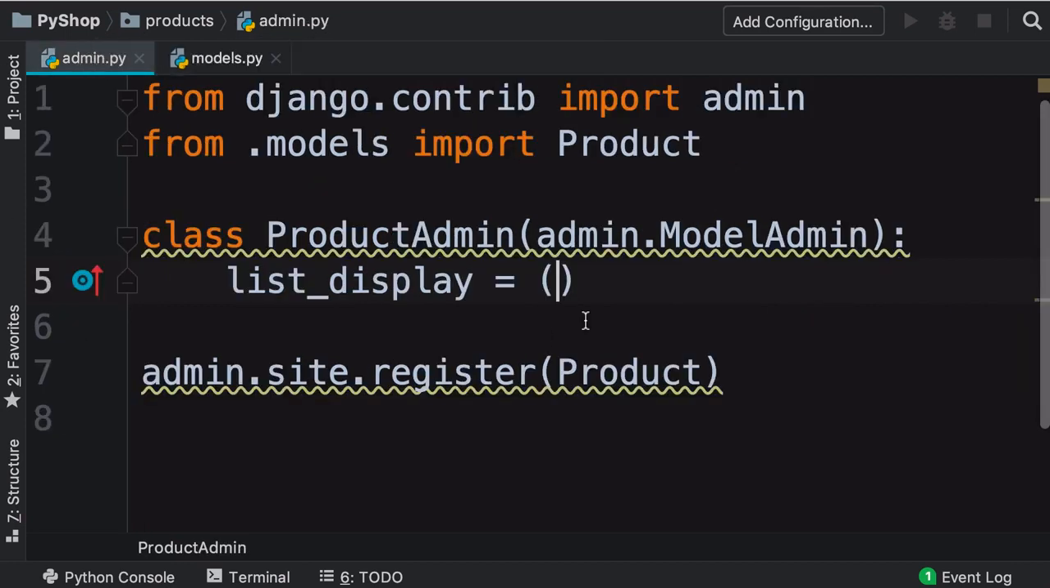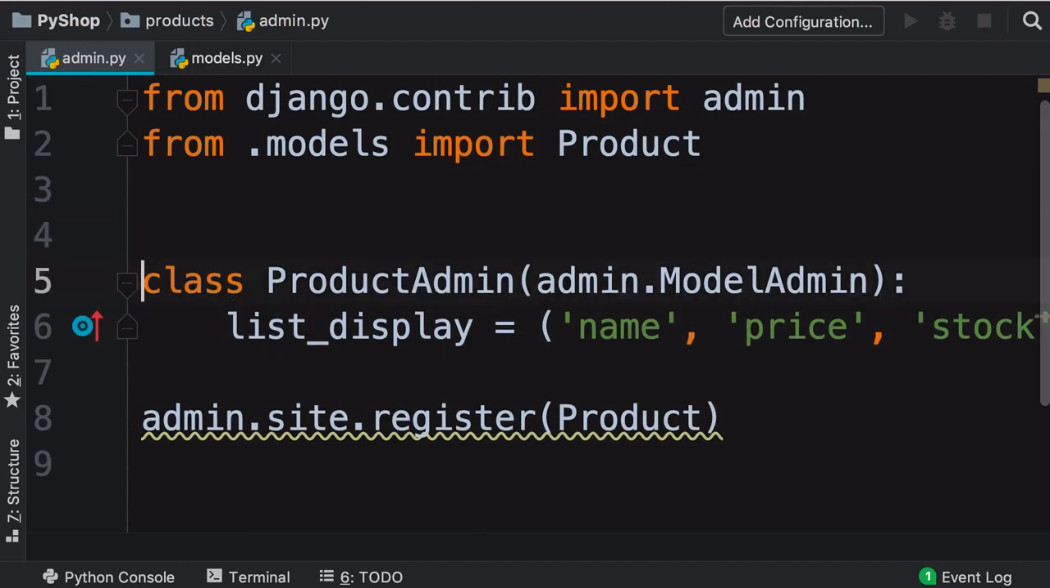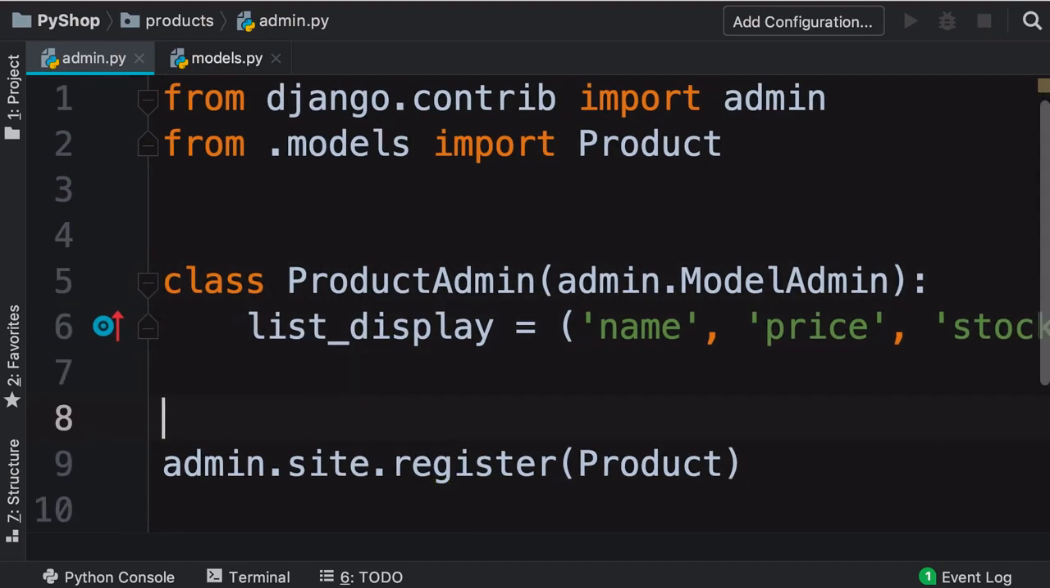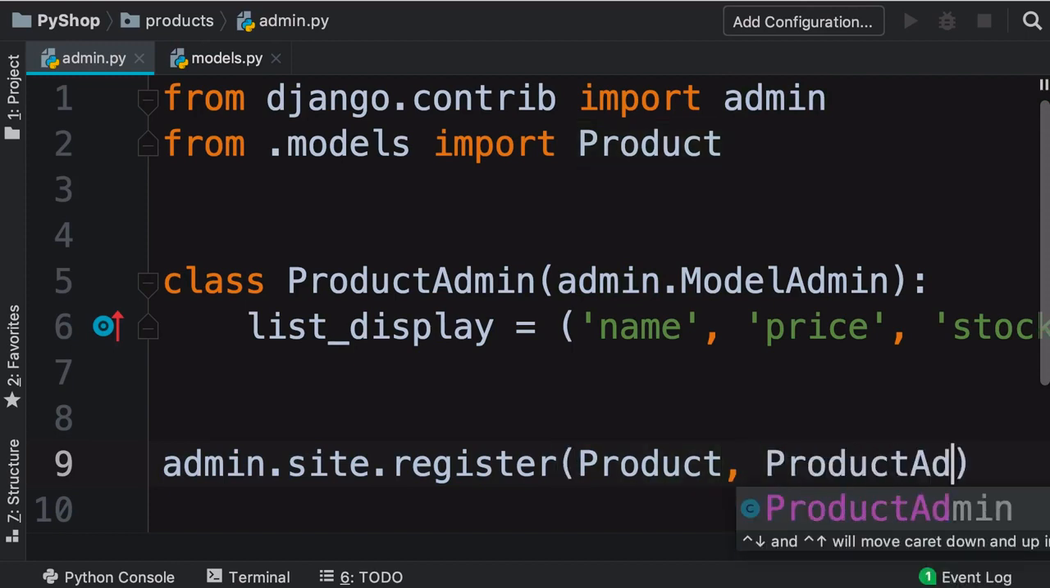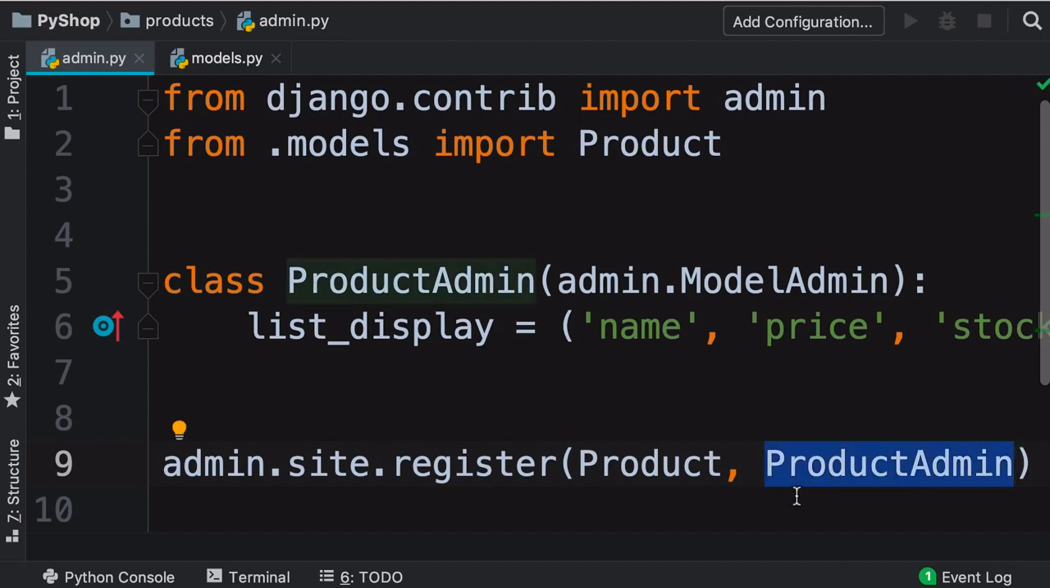Back to the admin module. In this tuple, we add 3 strings: name, price, and stock. Now we have this little warning here because we haven't added 2 line breaks before and after this class. That is better. Finally, when registering our product class for administration, as the second argument, we need to pass this new class, ProductAdmin. So Django will use the information in this class to decide how to present the list